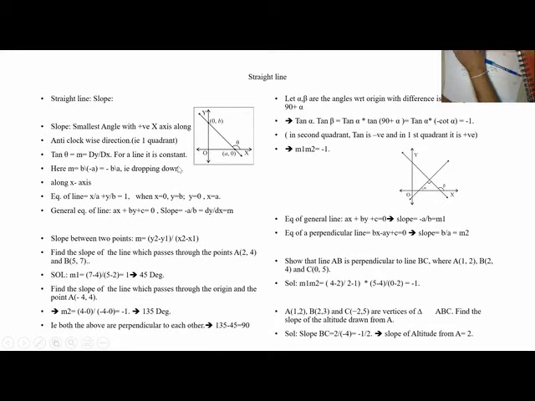Let us see straight line and slope. The definition of slope is the smallest angle with the positive x-axis along the anti-clockwise direction. See here, this is the slope, not this theta. This theta is the slope with the positive axis along the anti-clockwise direction. We can put this also as slope, but with a minus sign, because here x is minus. Automatically 90 plus will become minus.